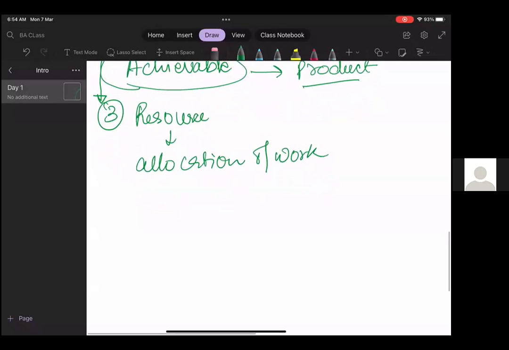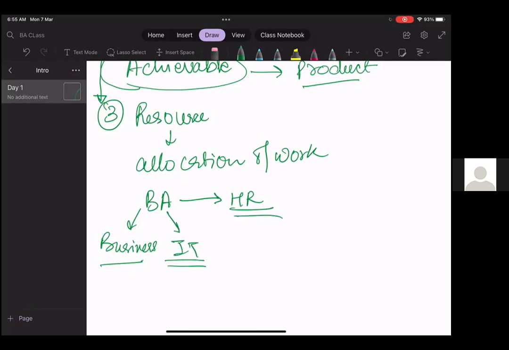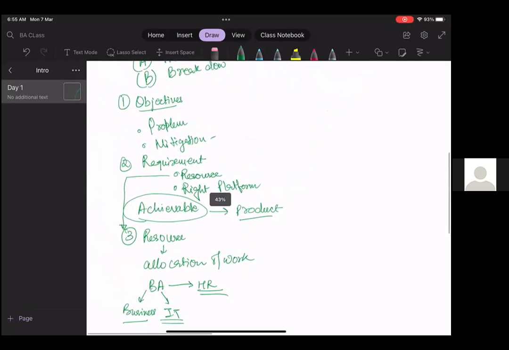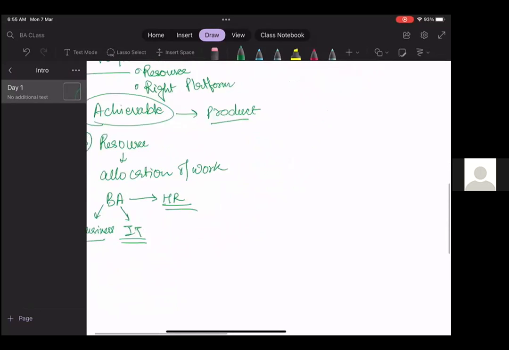So we may also be working with HR, because in order to have the correct job description of the right candidate, we may also work with HR. So BA will also be working with HR apart from the IT and business team. So understand how the roles are increasing. Now, these are the three important parts: objective, requirement, resource.